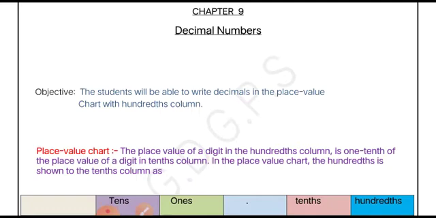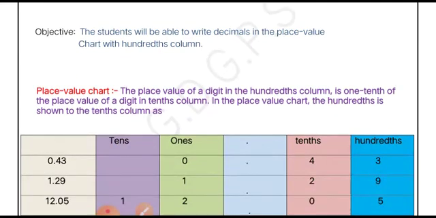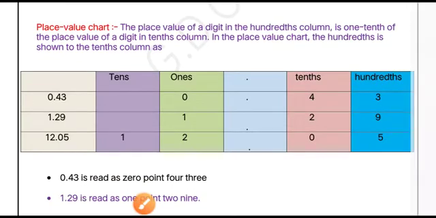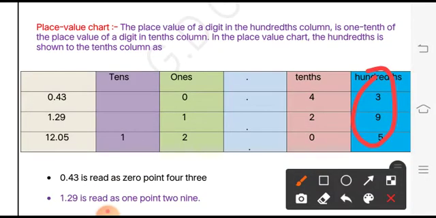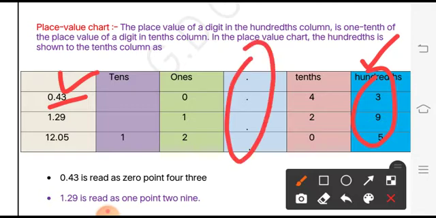Dear kids, in this video we are going to discuss the place value chart with one more column, that is the hundredths column. So if we have two digits in the decimal part, the second digit will be placed in the second column, that is hundredths. So after the decimal we learned that there are a few more columns. First one is tenths, then it's hundredths, and if there is a third one, then that will be thousandths.